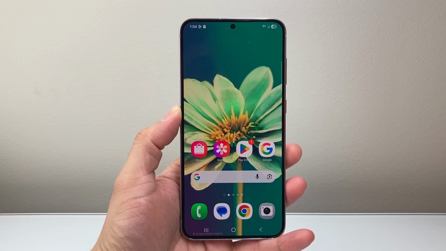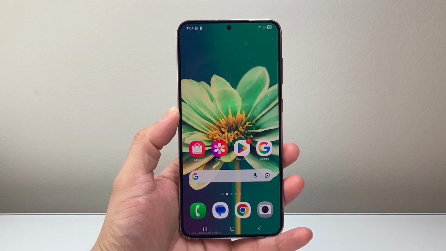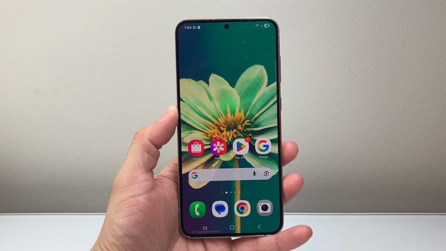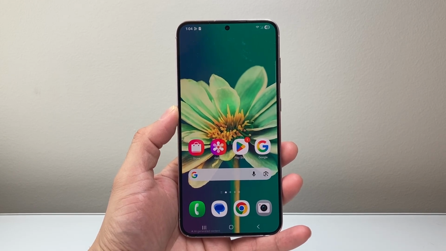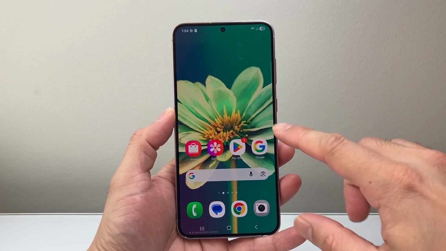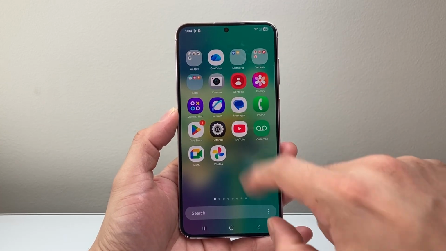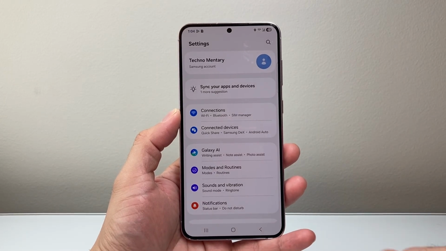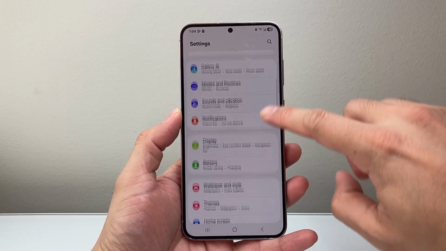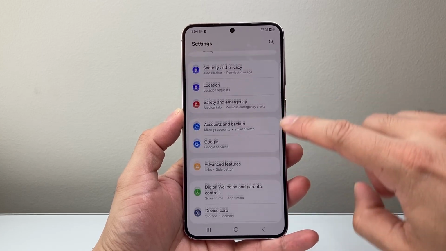So let's get started. Now, in order to update the software, first thing is that you need to be connected to the internet through Wi-Fi, which is going to work the best, or cellular data will work as well. Now, once you're connected to the internet, just simply find the settings app. Here I'm swiping up to get to settings, but you'll find the settings app on your phone. And then once you do that, and you're connected to the internet, just scroll all the way to the